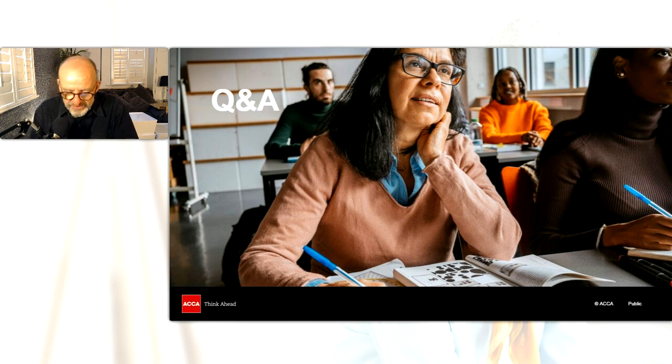ACCA SBL is different because it's much more practical, work-based. So sometimes people that have got more work experience find it easier. Those of us who sometimes win prizes in tax and technical exams sometimes find SBL difficult because they apply the same study technique they apply to tax to SBL. That's not how to do it. It's about learning to drive, I think, SBL. It's about practicing, getting it wrong, getting some feedback, getting better next time. So in terms of absolute numbers, I can't give you an absolute number, but that would be what I'd say.